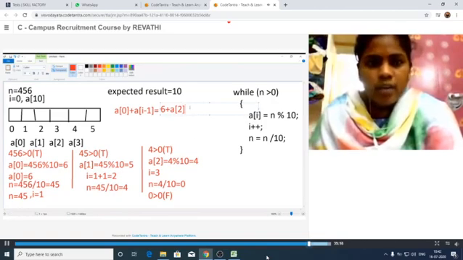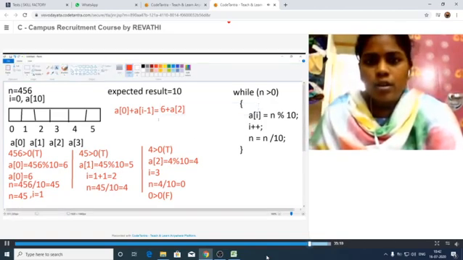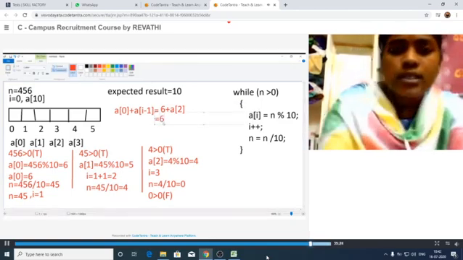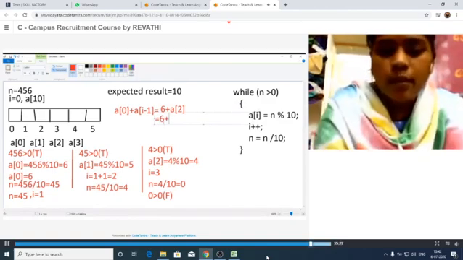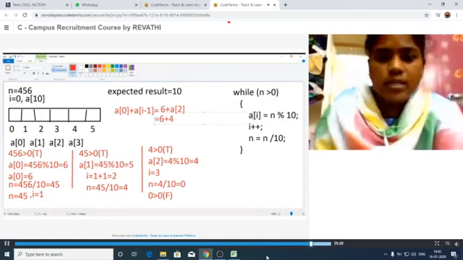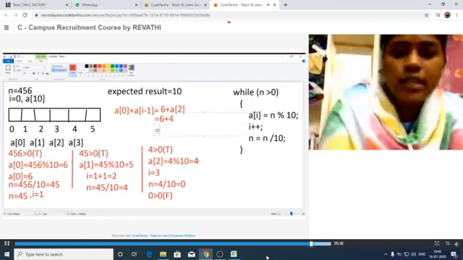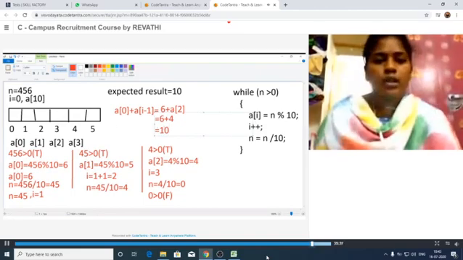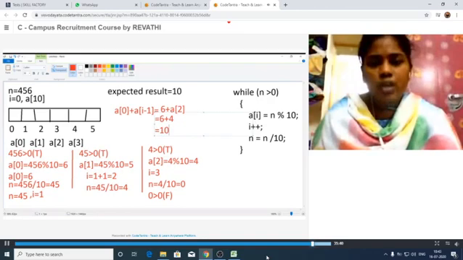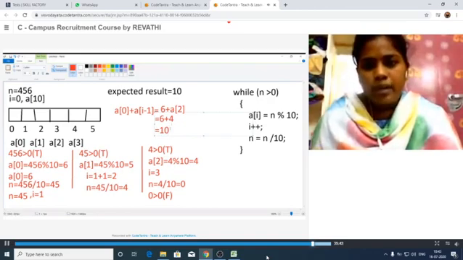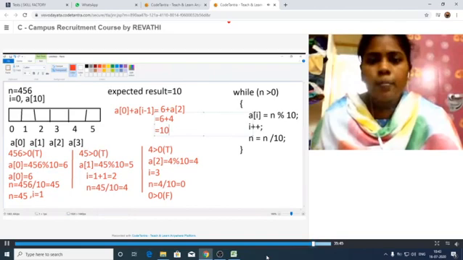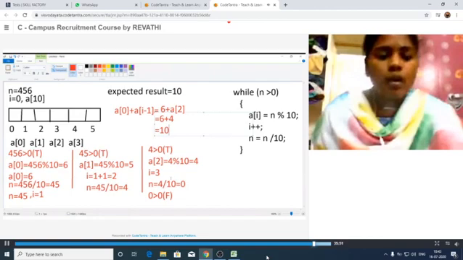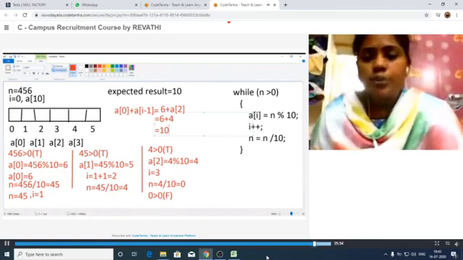So, let us add this one. That is equal to 6 plus the A of 2 value, see here, 4. That is equal to 10. Clear? So, the sum of the first and last digits of the given number is 10. Our expected result is also 10. Is it clear? So, like this our computer can analyze the logic in the backend process. This is the process that has to be done whenever we provide the n value.